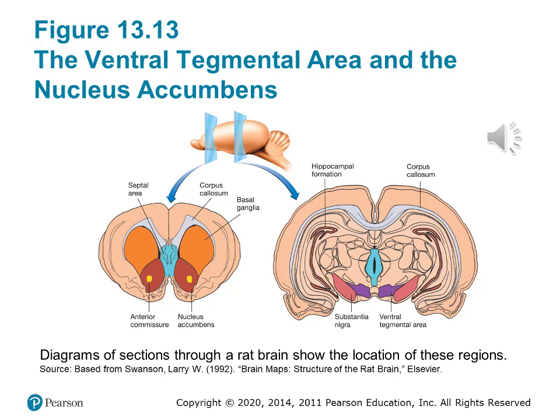Here is a coronal section, or a cross section, of the ventral tegmental area in the rat. Some of the structures shown include the septal area, the corpus callosum, the basal ganglia, the nucleus accumbens, and the anterior commissure. You can also see on the right-hand side the substantia nigra, the hippocampal formation, and specifically the ventral tegmental area. So reinforcement